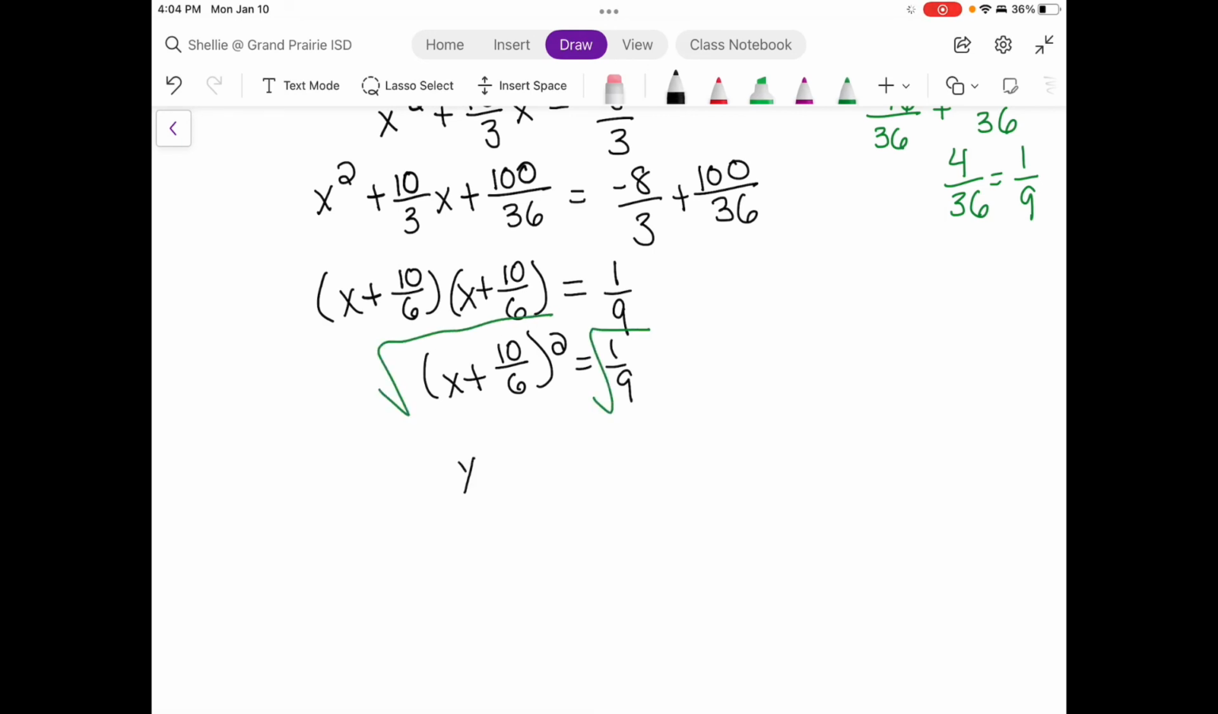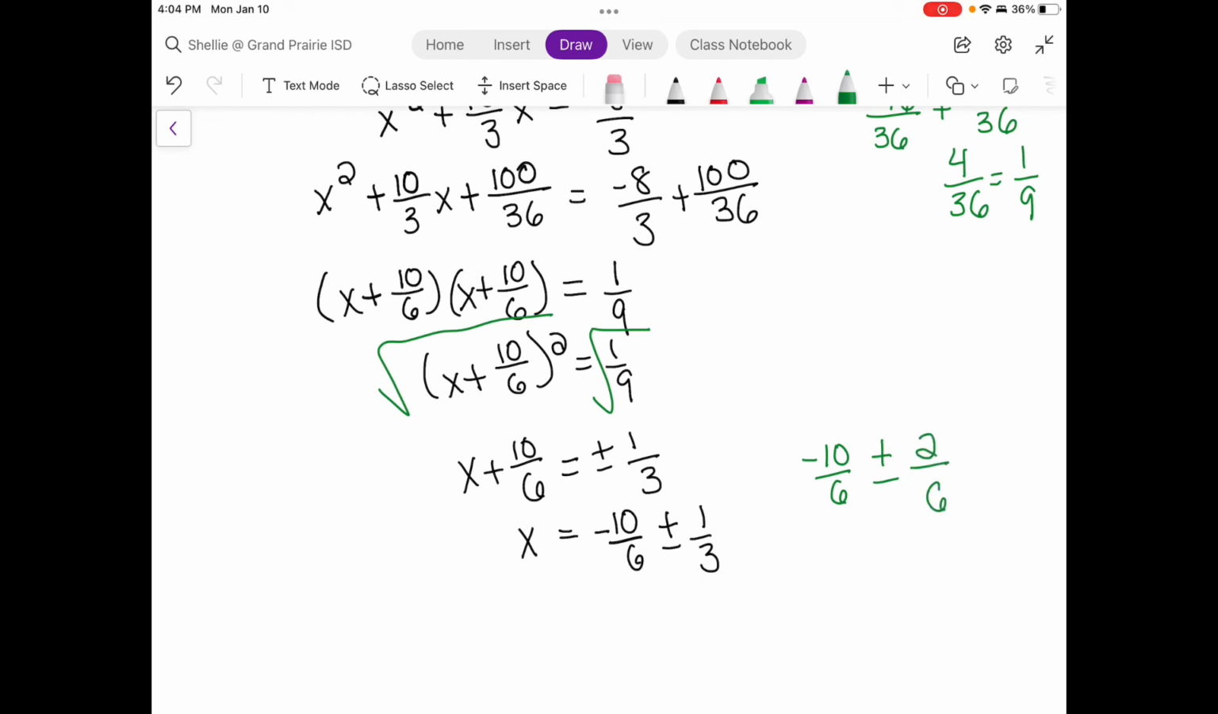Remember when you take the square root of a fraction that you're actually taking the square root of the numerator and the denominator. So the square root of 1 over 9 is going to be 1 over 3. I'm almost finished here. I do need to subtract 10 over 6 from both sides. That 1 over 3, I'm going to think of it as a 6. So that's going to be negative 10 over 6 plus or minus 2 over 6, the same thing as 1 over 3. So that's going to give me negative 12 over 6